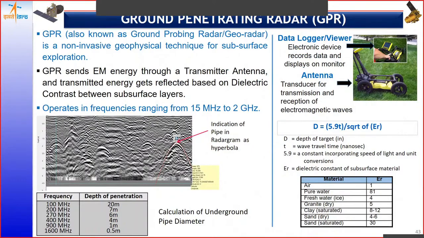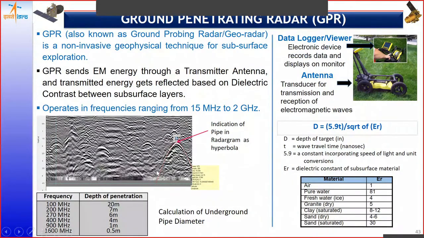So what one has to do is utilize an instrument like ground penetrating radar, which again is a remote sensing based instrument. It works on the principle of microwave remote sensing, which emits a signal below the surface while it traverses over the surface. And if you have a GNSS mounted on top of the GPR, then underground power utilities, underground water utilities,